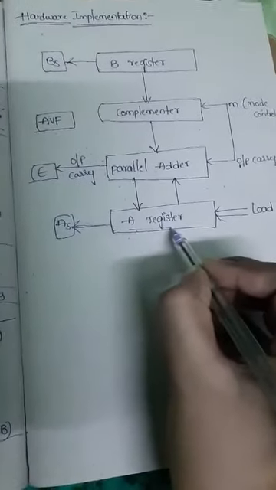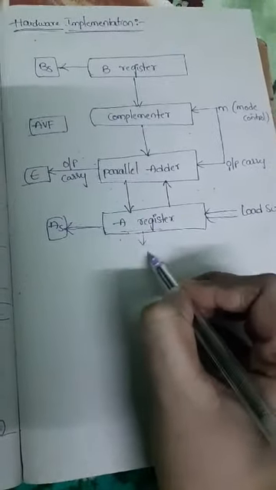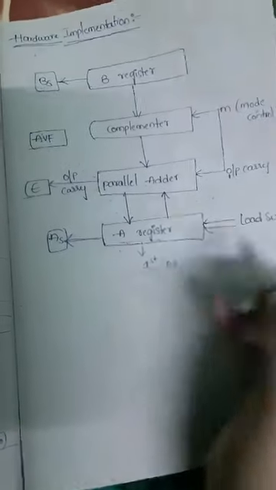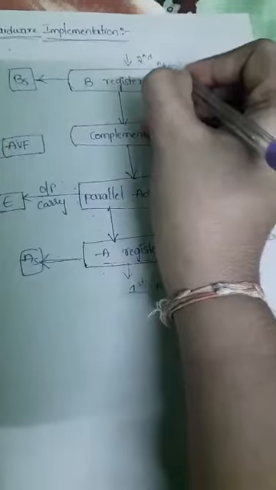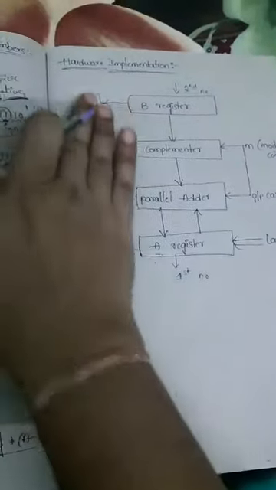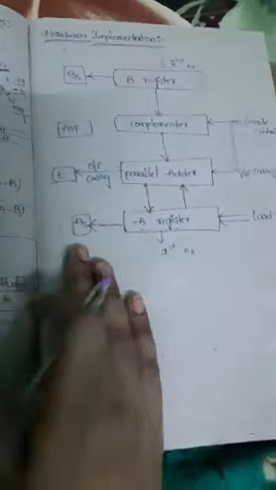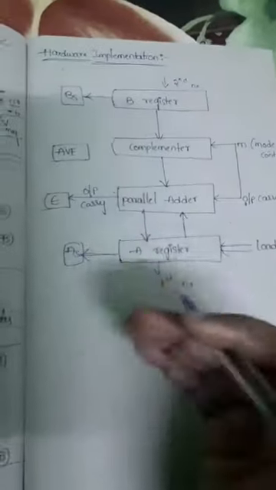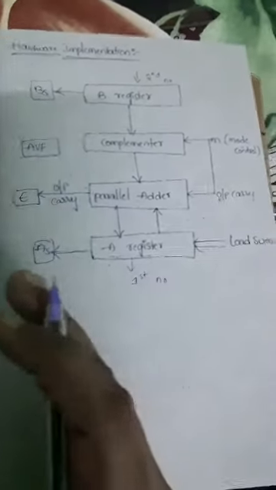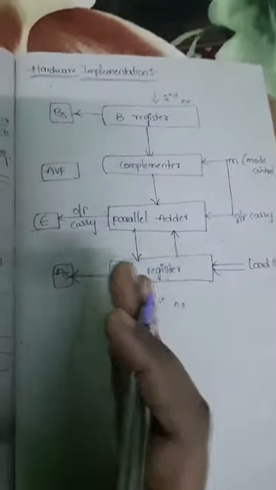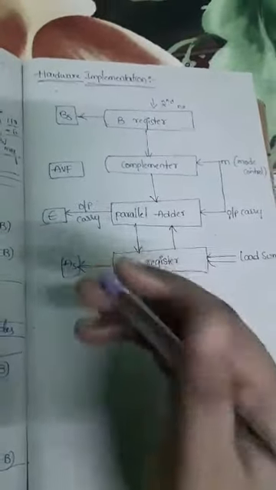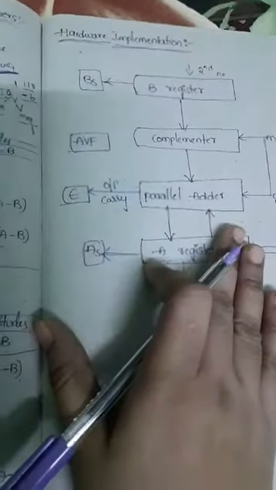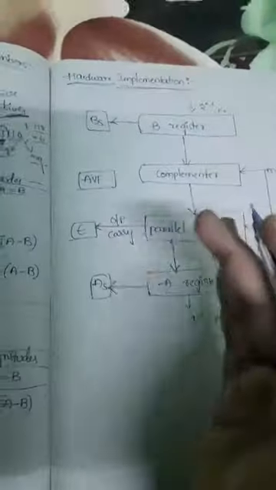which can store the sign bit. Remember, the A register holds the first number, and the B register holds the second number. Now coming to AS and BS, we are calling them flip-flops. Why are we choosing flip-flops? You already know the flip-flop definition: it is a 1-bit memory element which can store only either 0 or 1. That means we can store any one bit. That 1 bit is what stores the sign bit.